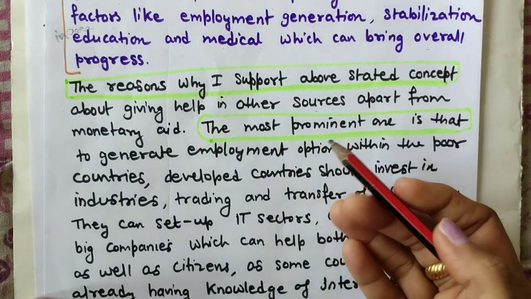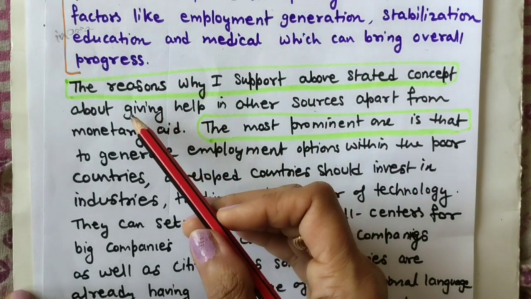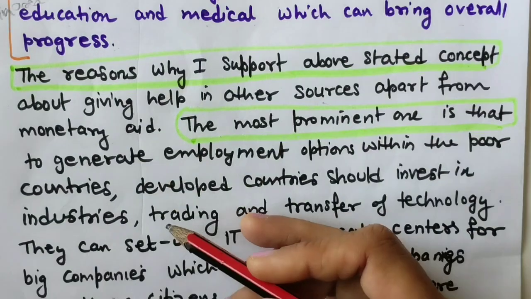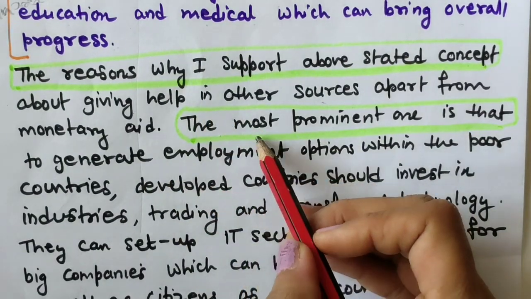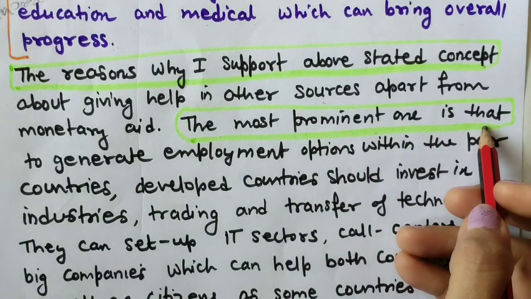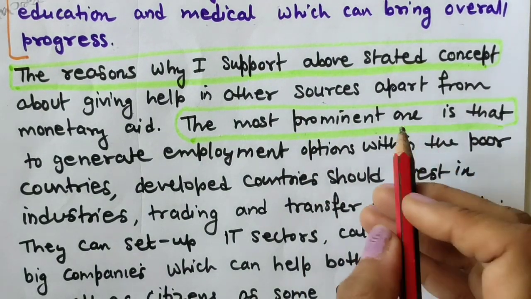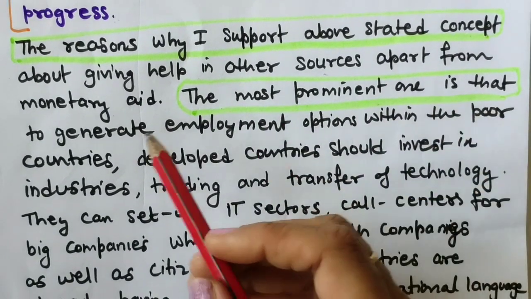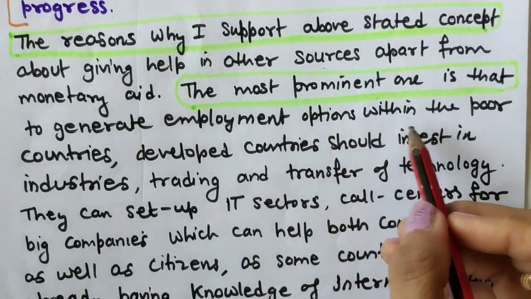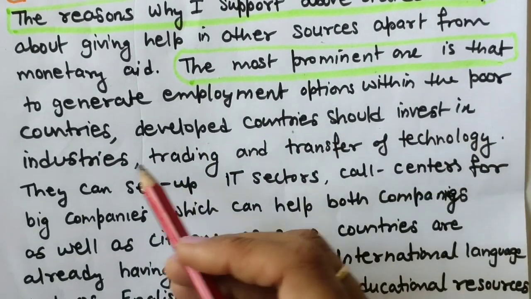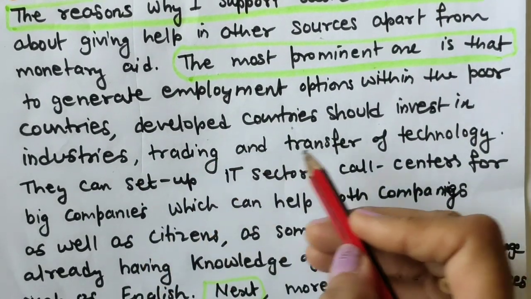Or if you don't want, then you can start the essay body paragraph with to initiate with. Okay, to initiate with, the most prominent reason why I support is that. You can start with this line also. Now the first reason, the most prominent one, is that to generate employment options within the poor countries. Developed countries should invest in industries, trading and transfer of